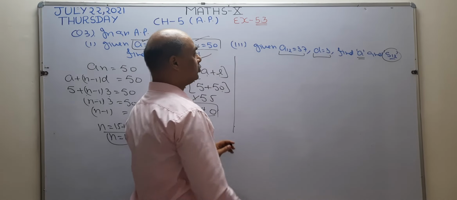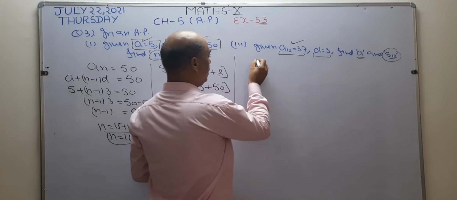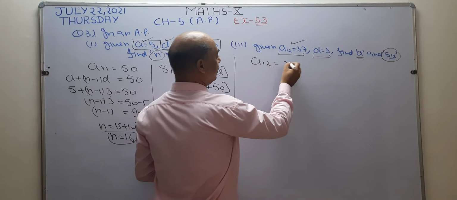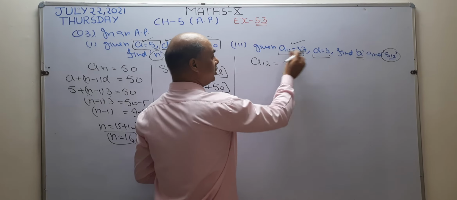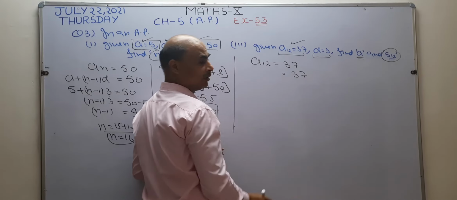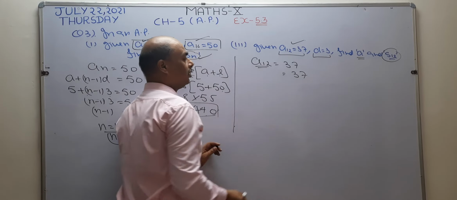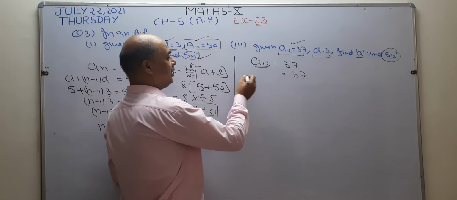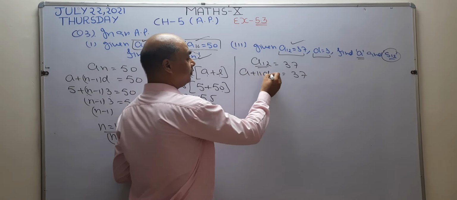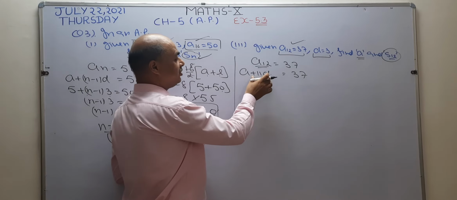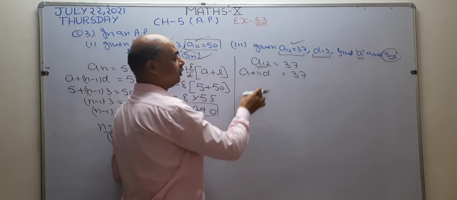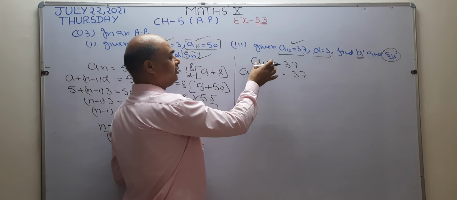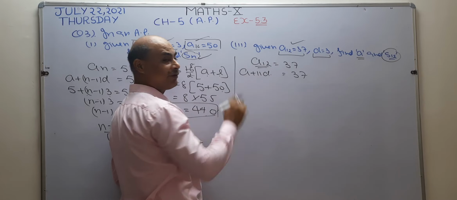Okay. Now I want to start the question from this. Since the 12th term of the AP is given, this number is a constant value, so this is going to remain the same. Instead of the 12th term, what is the formula for finding the 12th term of an AP? The formula for the 12th term of an AP is a plus 11d, because it is written 12th term. So instead of the 12th term, I can write a plus 11d.